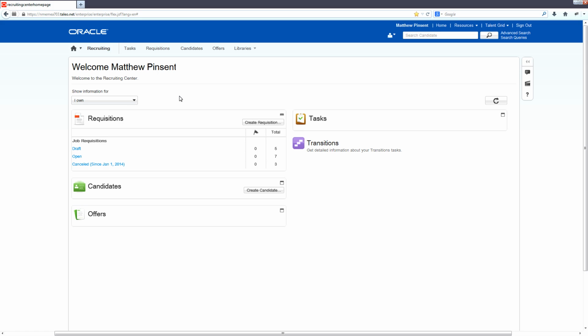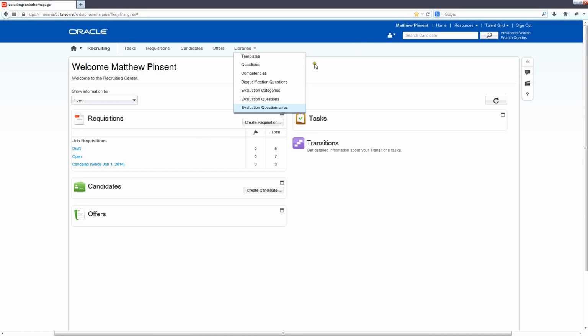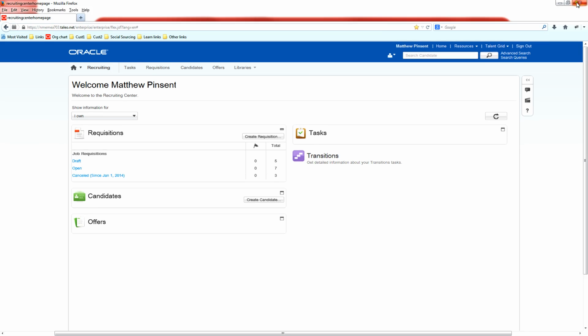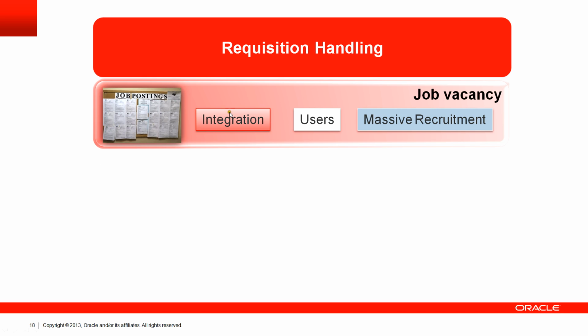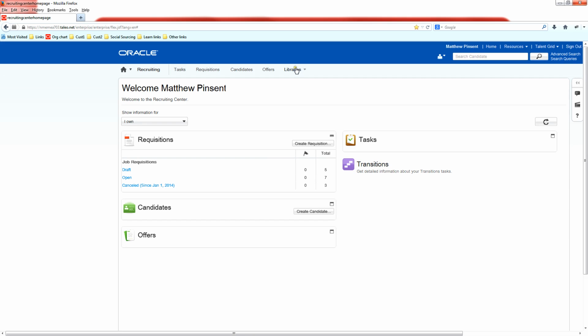So as we said before, we want to see how the creation process of a requisition looks like. And we can create a requisition from scratch, or we can use and leverage the templates. So going back to the presentation, we want to see the templates. They are connected to the job vacancies. So we can go on Libraries, Templates,